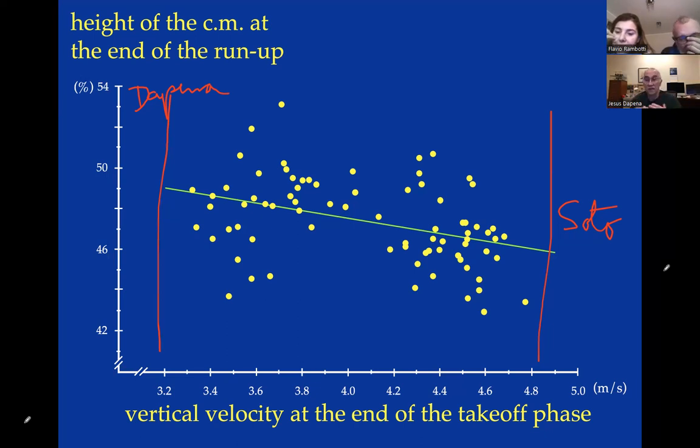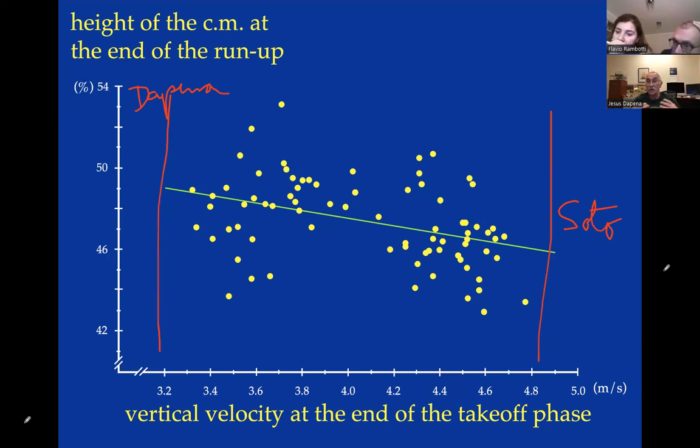So the athlete says, okay, good. From now on, I will come at 52%. It's better than 57%. And then the friend says, maybe if you go lower, it'll be still better. Why don't you come in at 46%? And this athlete comes in at 46%, and wow, still better height.